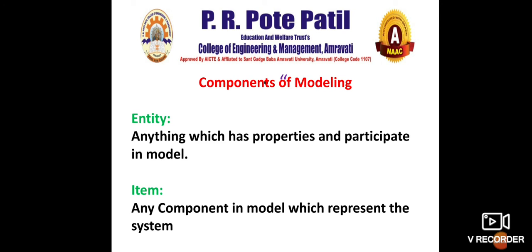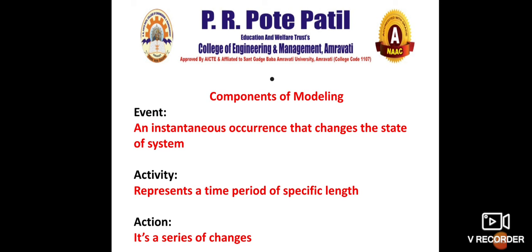Now you can easily understand these definitions. Item of the system. Item means a part of the system, any part of the system. If you are talking about an engine, if you are studying the power generation by a specific engine, then the piston, the cylinder, the valve, they are all parts of the system. Or you can say so many variables, they are all parts of the system, so you can call them items.